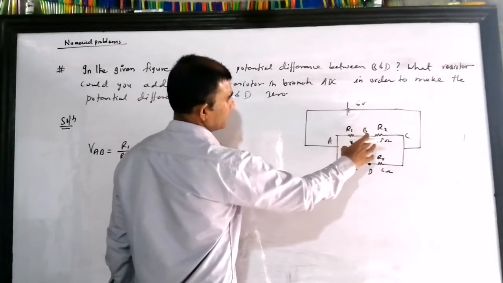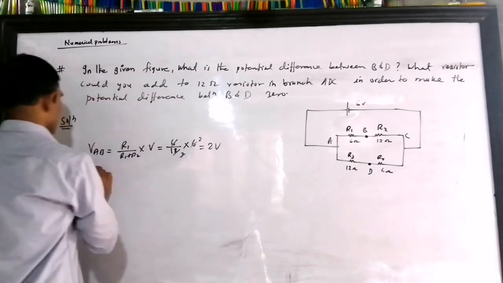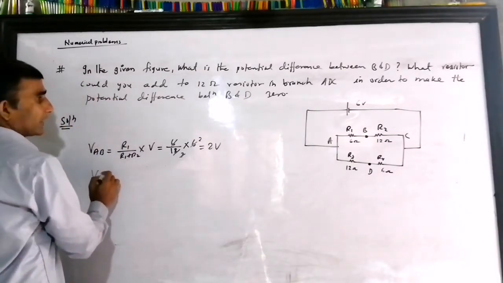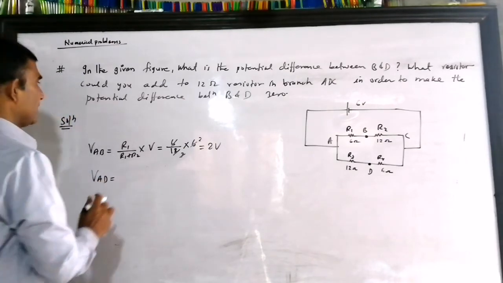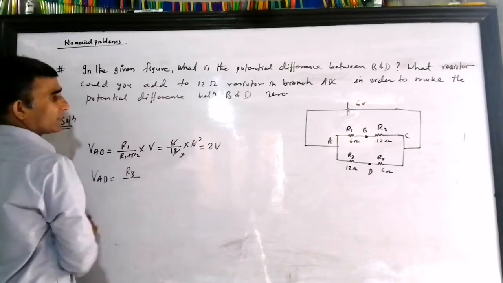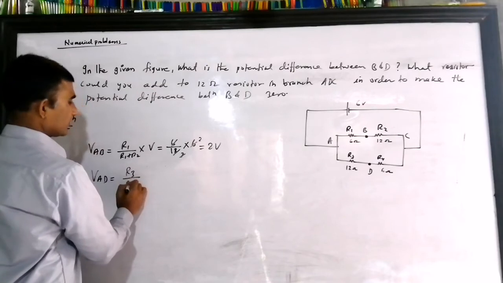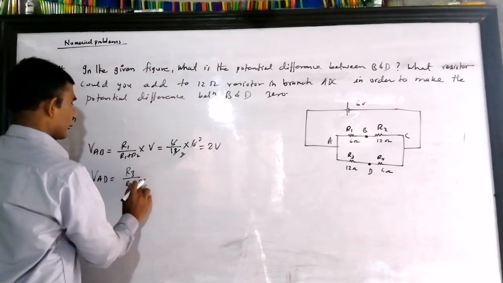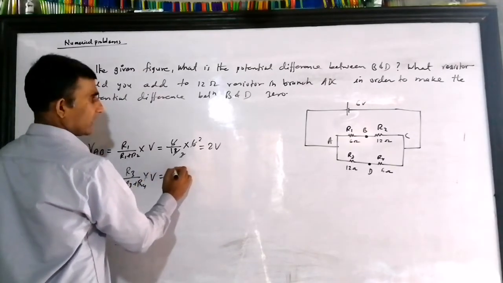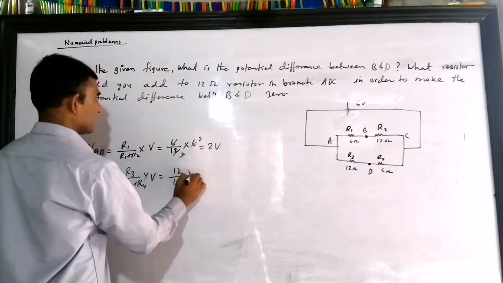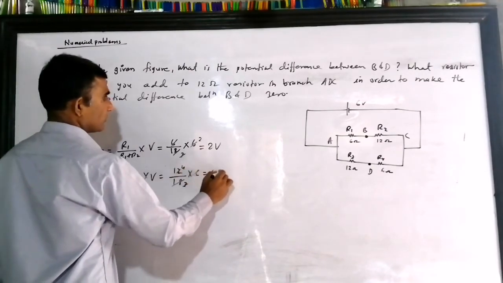So the potential difference between AB is how much? The potential difference between AB is 2 volt. Let me find the potential difference A to C, A to D, in the same style. Next time your resistance R3 by total in series, 12 plus 6 again, that's R3 plus R4. Again I am using the same technique, because the total voltage is the same, times total voltage, so this time 12 by 18 into 6. So 6 3 and 3 4, so you got 4 volt.